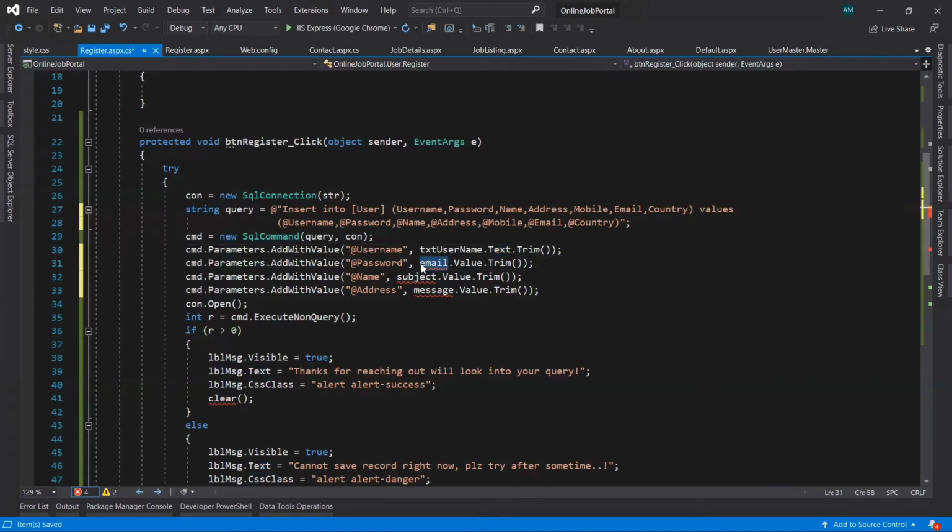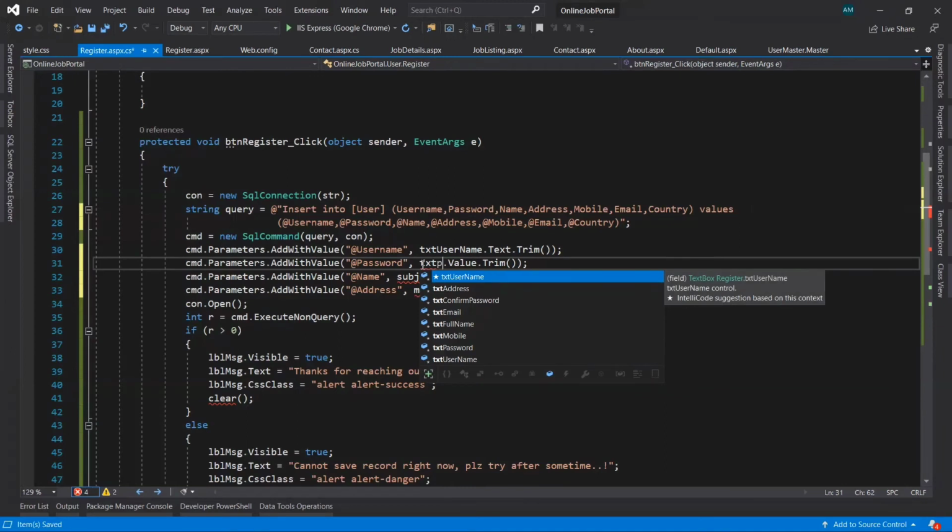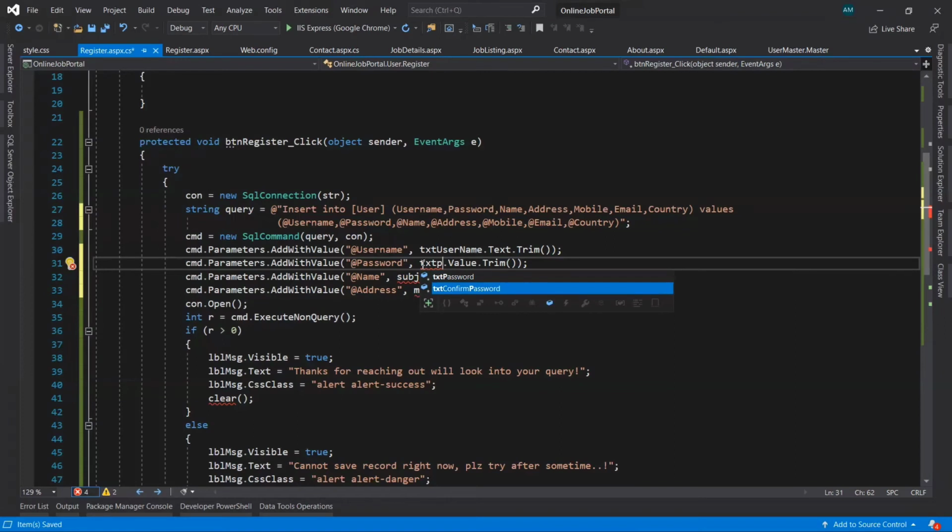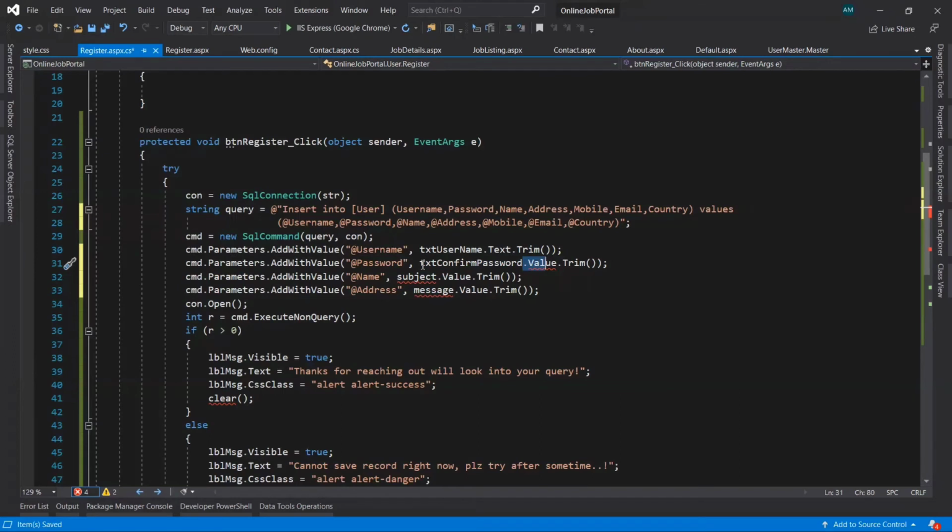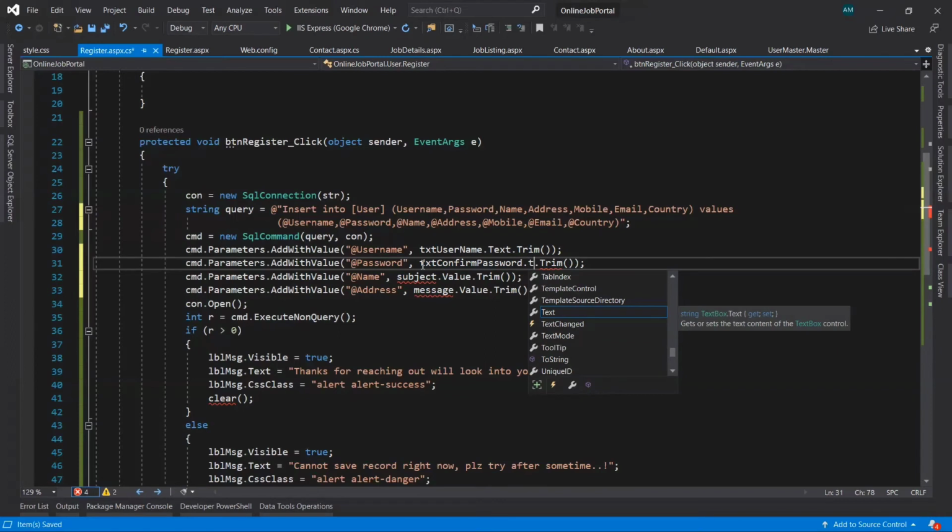Now password, txtPassword. Let's say here confirm password, because after matching the password inside our confirm password, we are going to check what the correct password is. So that's why we are using the second one, that is txtConfirmPassword.Text.Trim.